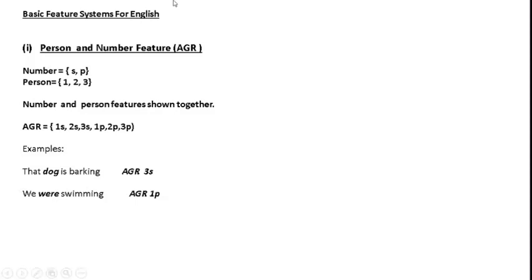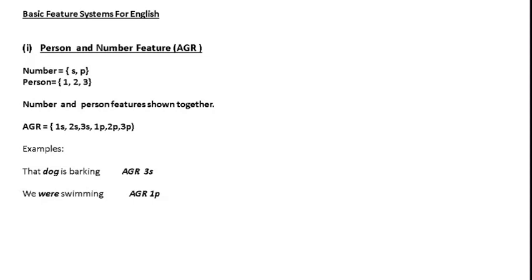We will see some of the basic feature systems for English. The first one is the AGR feature system. It stands for the person and number feature combined together. Okay, so person with respect to English grammar, that is the sentence quoted as first person, second person,